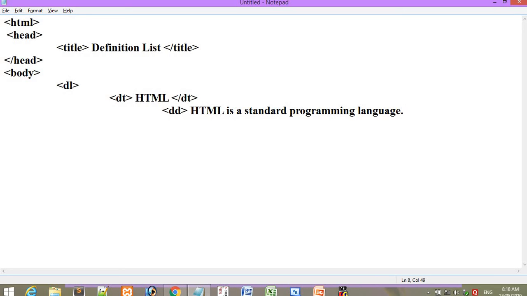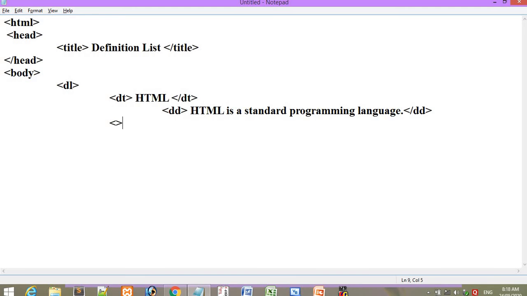Here I have given my definition term. Now I have to close the definition description with a forward slash in between.